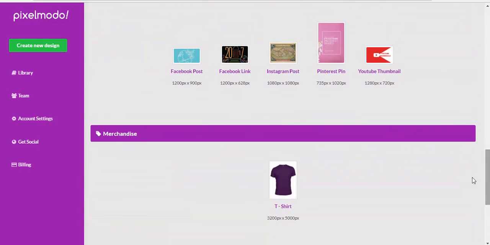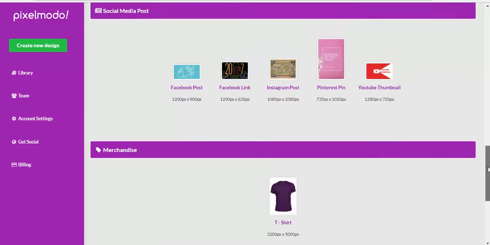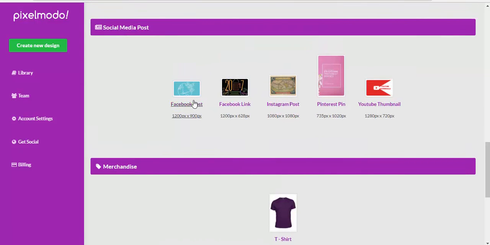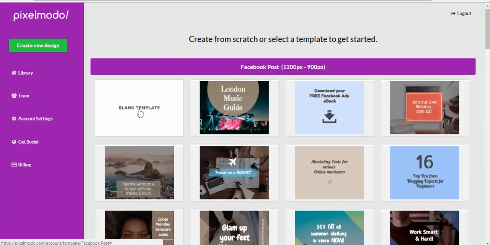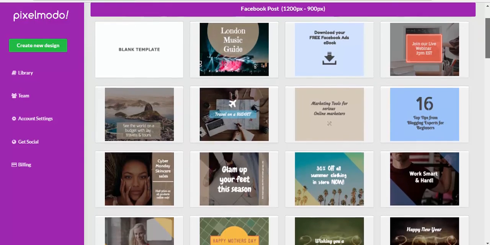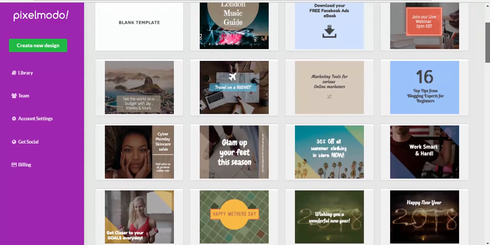And we also have merchandise. You can choose t-shirt designs, but what I want to do now is just show you the various templates that we have as well on the software. And so you can either go with a blank template, or you can choose a template from the library. So why don't we go for, say, this lady here,